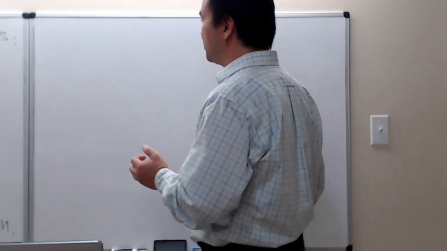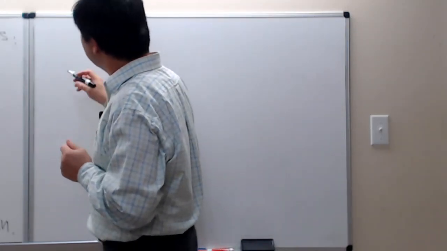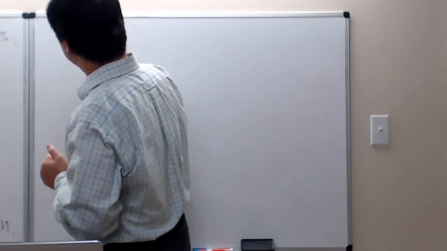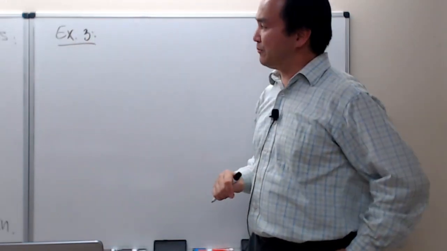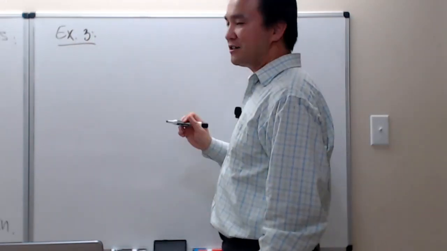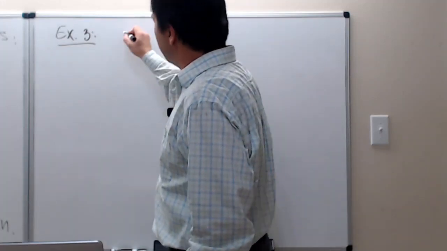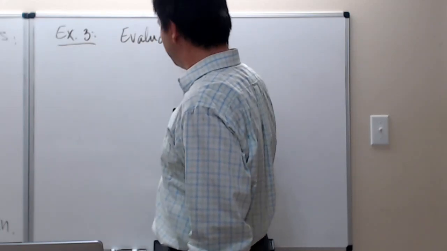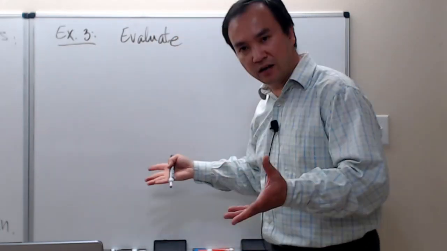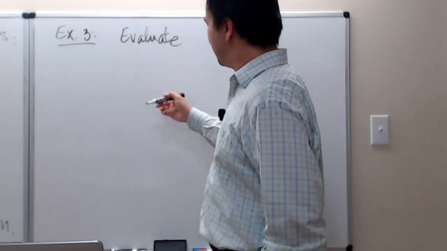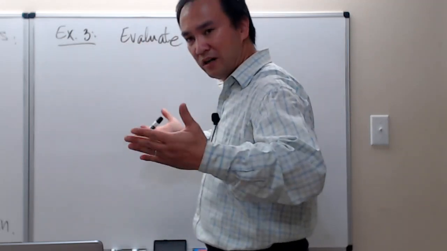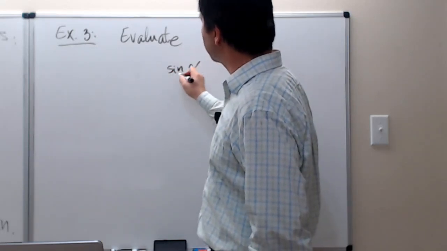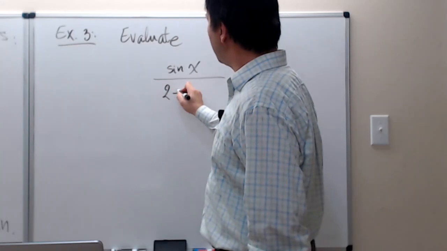Now let's find out what's useful about the theorem I just introduced. Let me bring everybody into example 3 right here. Here's another example where we're back to just the marker and the board. Knowing the theorem allows us to evaluate limits for other kinds of functions. It allows us to do more limit problems. So let's evaluate the limit of sine of x over 2 plus cosine of x,